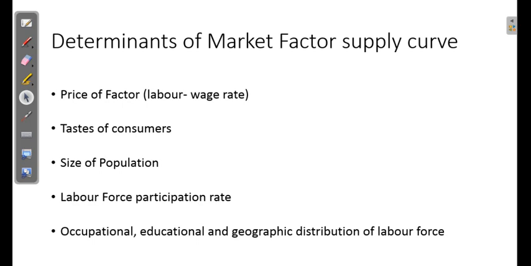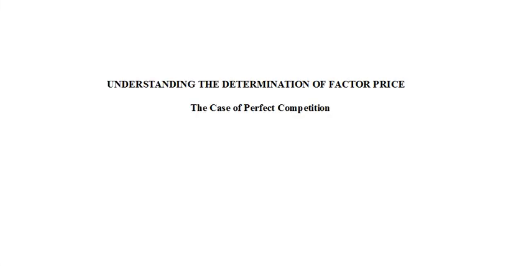So if we take the case of India, northern India is highly populated. You can even divide geographical distribution in states. So UP may be highly populated compared to some northeastern states. So depending on that, in that particular state labor supply may be more, and in some other states labor supply may be less. Now let's try to understand the determination of market factor supply curve with the help of diagrams.